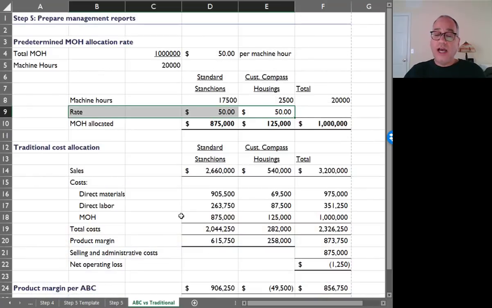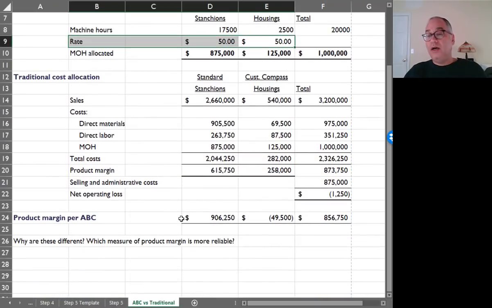So ABC should be a more reliable measure, and therefore, to that extent, absorption costing is misleading, because this report, which is what you would receive from accountants, would tell you that Custom Compass housings is profitable, but because